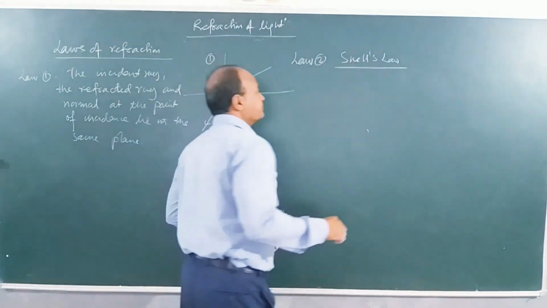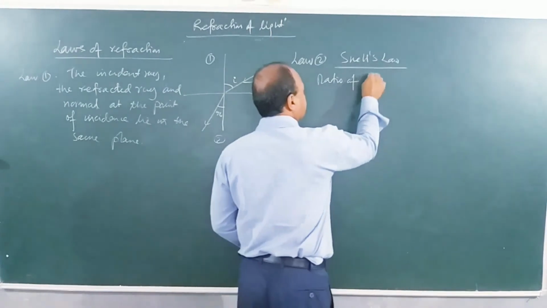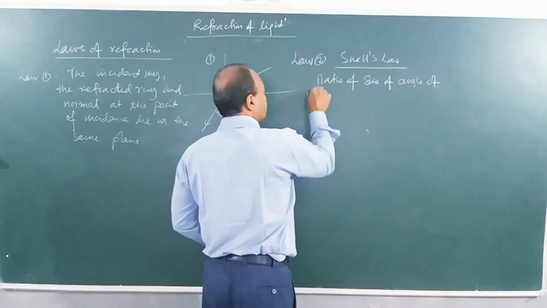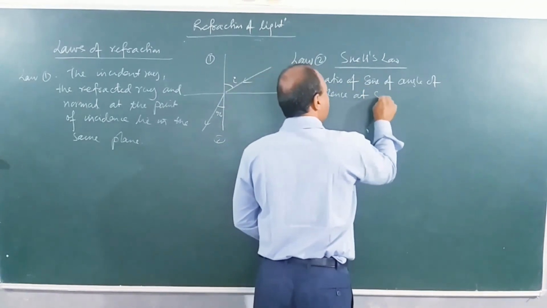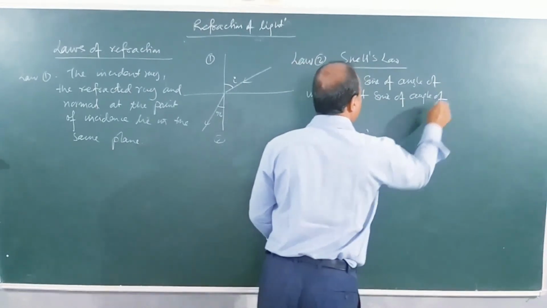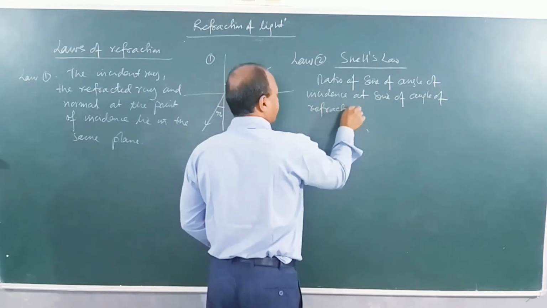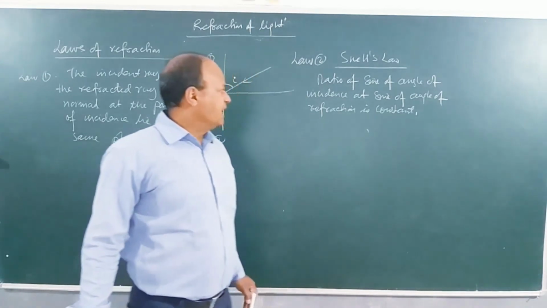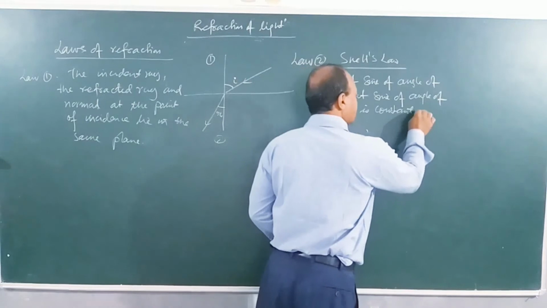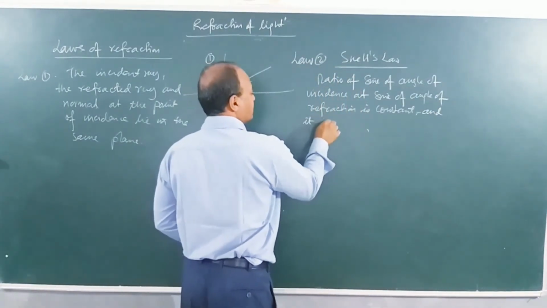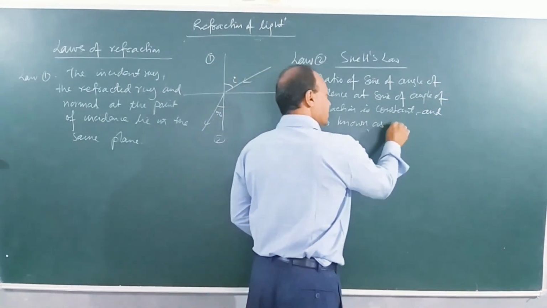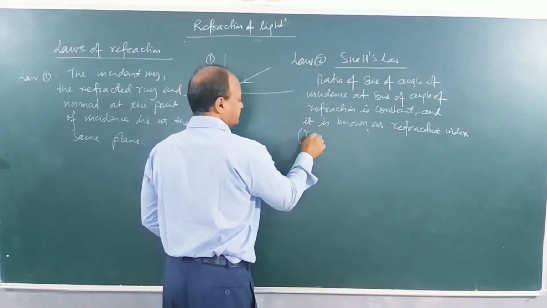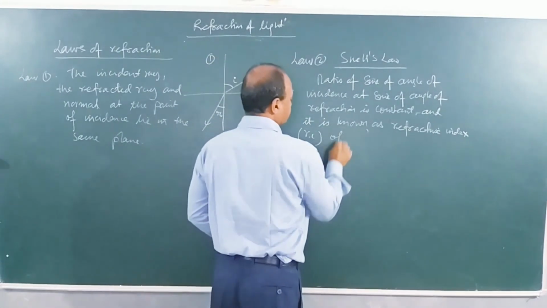Snell's law says the ratio of sine of angle of incidence and sine of angle of refraction is constant, and it is known as refractive index, in short we will write it RI, refractive index of medium